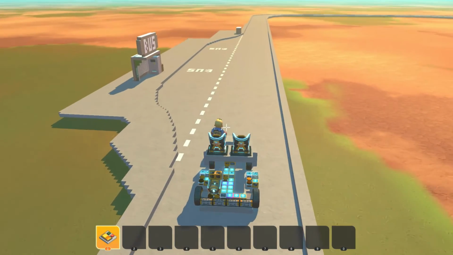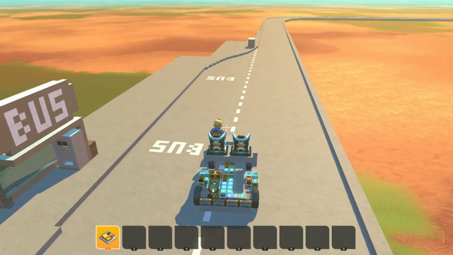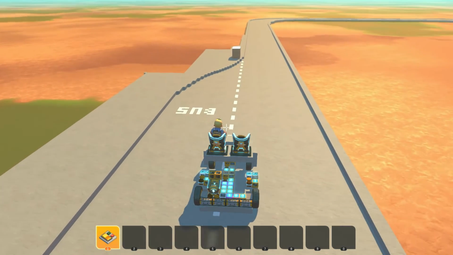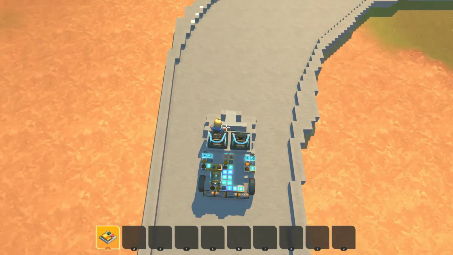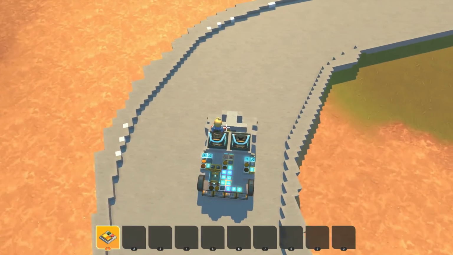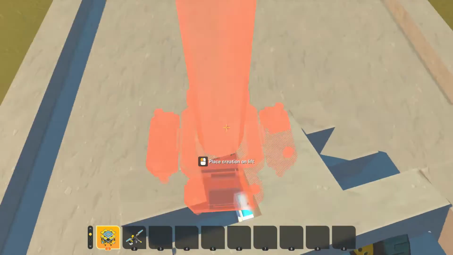And version 2.1, I rebuilt the car and I tried to make it not drift. And once it gets up to this corner, you'll see if the problem was solved or not. So now that it's starting to go around the turn, you can see that the back wheels keep sliding. And so that is why I made the next version